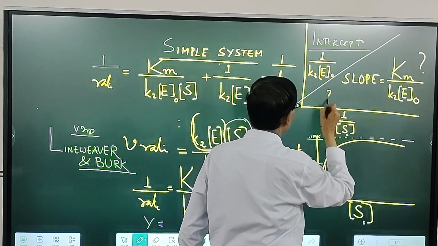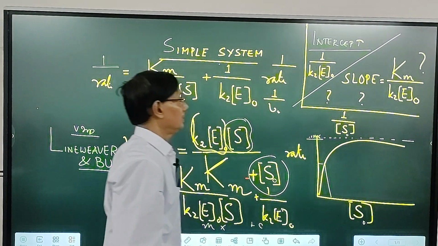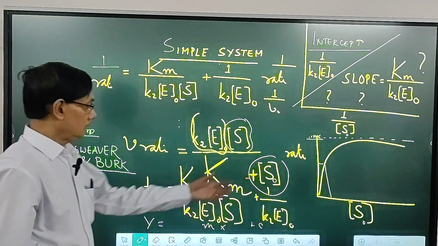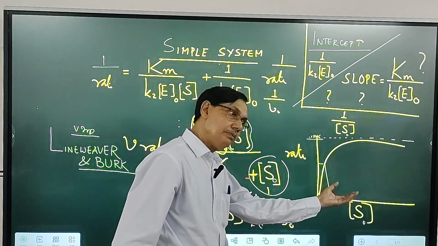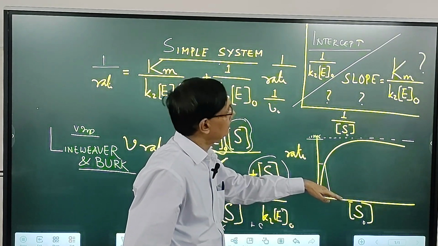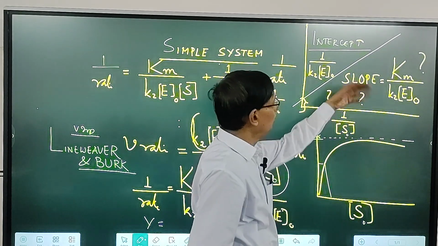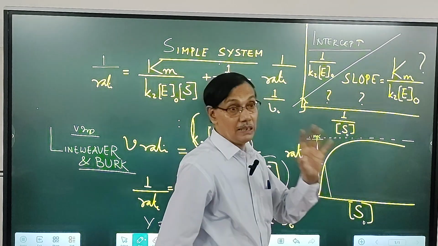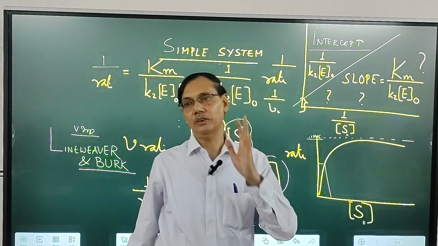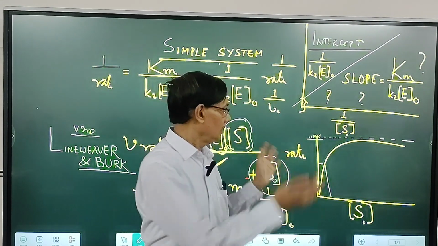Okay. So this is normal Michaelis-Menten curve, V maximum you can write this thing. Here this is intercept, whatever it is. This is slope. Now my question is that, just you listen very carefully, my last question, then I'll show you